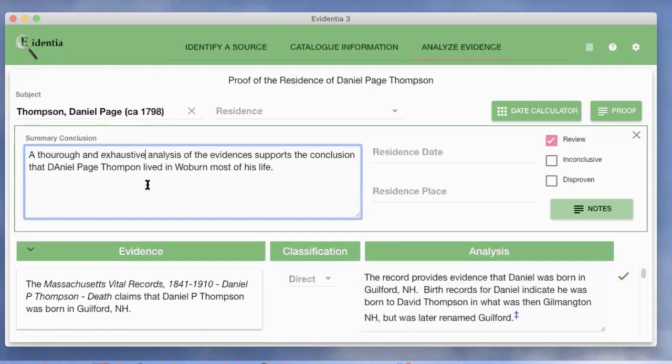I'll start it with the phrase, a thorough and exhaustive analysis, or a thorough and exhaustive search. And the reason I would choose that particular language is because it meets the criteria for the genealogical proof standard. Now, I've not been thorough and exhaustive in this particular research because of the records that a typical genealogist would have expected to have researched before they reached a final conclusion. So I'm not going to say a thorough and exhaustive analysis. I'm going to say that